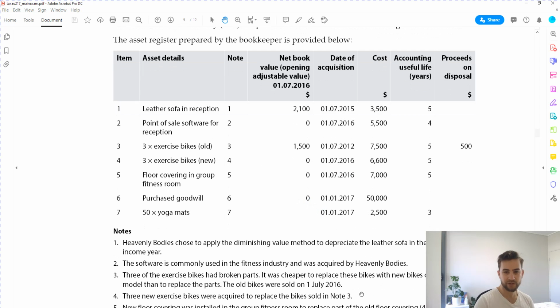They've now said it's cheaper to just replace them. So what they've done is they've sold them. They sold them for this $500, and they've just used that to purchase new bikes, which we'll talk about in the next question. But for this one, 3, what we actually have to do is what I mentioned before around the balancing adjustment. If you're going to sell a depreciating asset,